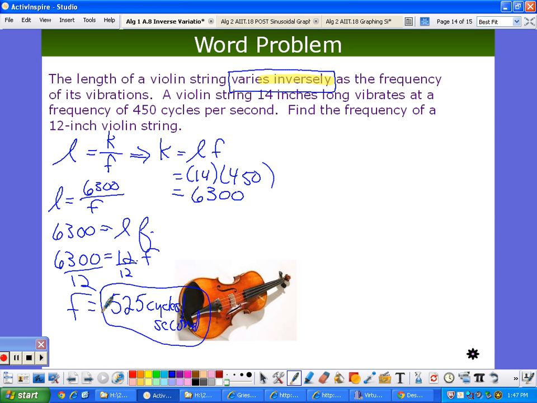And that's it. That is inverse variation in a nutshell. Questions? This is a lot like what we did with the direct. I think it's actually a little bit easier. The homework has some direct, some inverse, so we're reviewing both, so you'll get them both up to date. Any